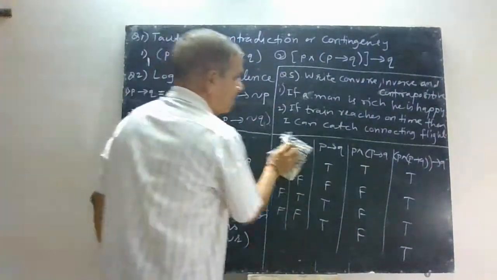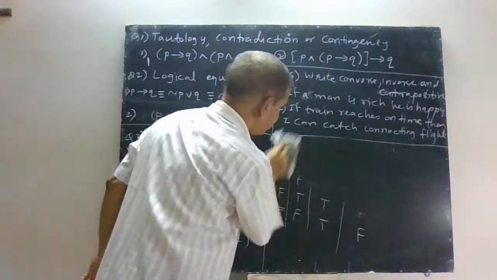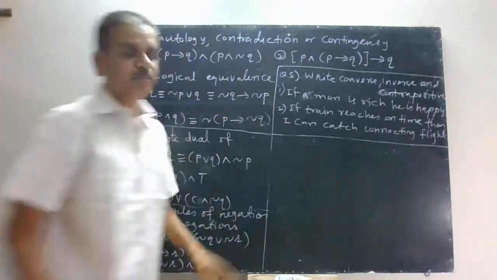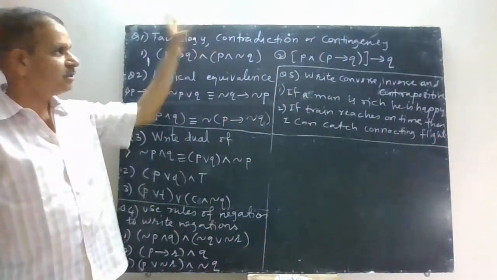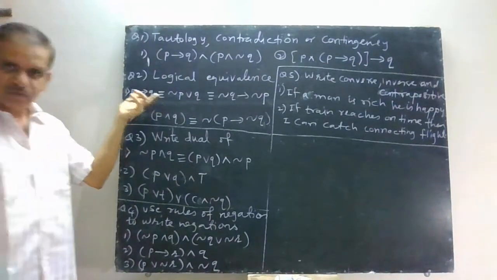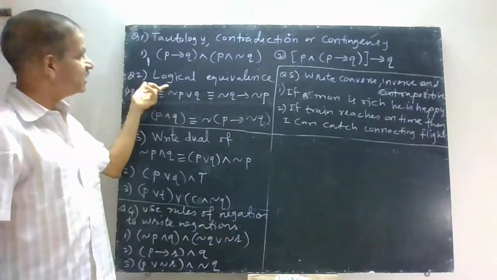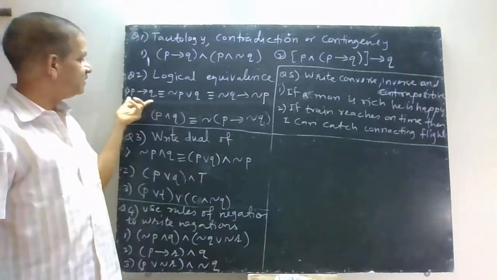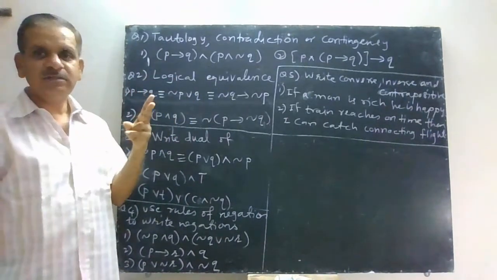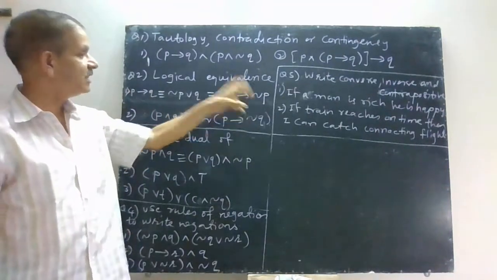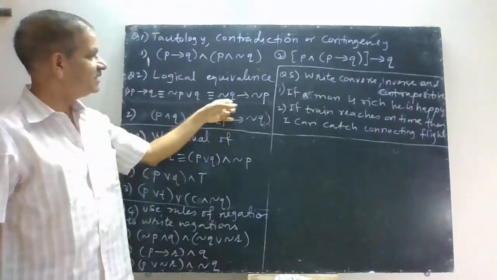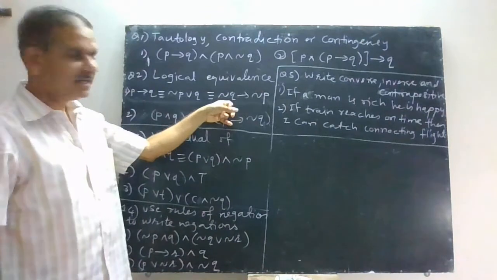Okay. Now this is the first type of question, where you have to decide whether it is a tautology, contradiction or contingency. Now see the second question. We have seen 2 or 3 examples. Let us see one more example for revision. Logical equivalence, that means normally there are 2 statements. Now here we have taken one example where there are 3 statements. The 3 statements are logically equivalent, that you want to prove.